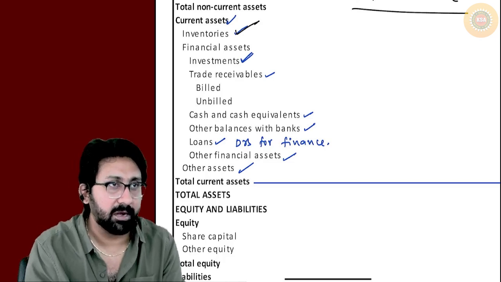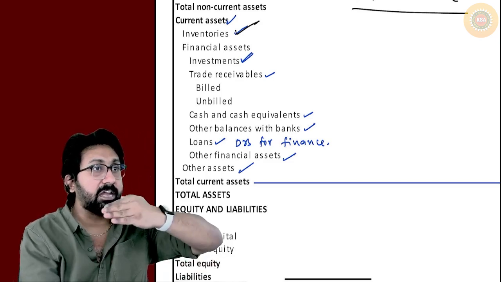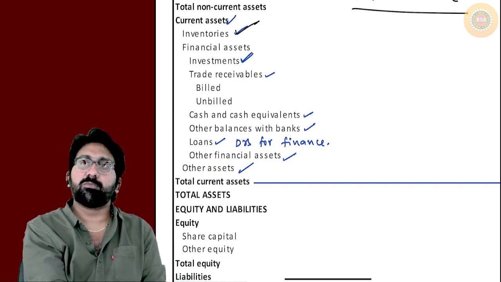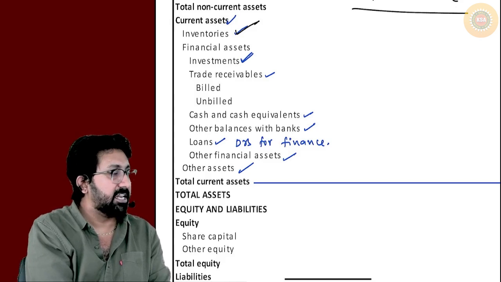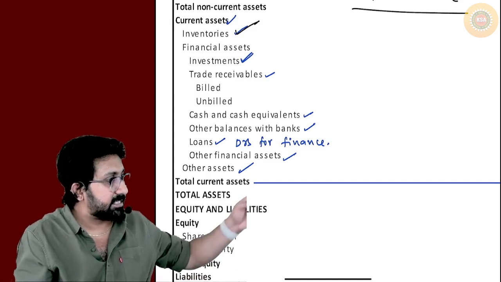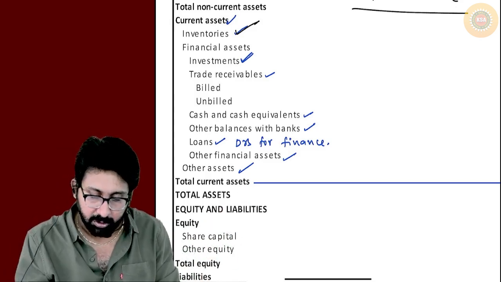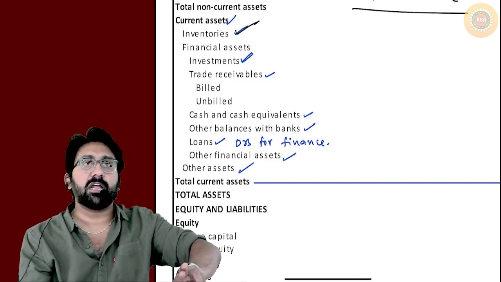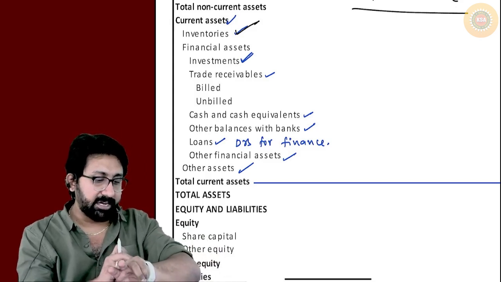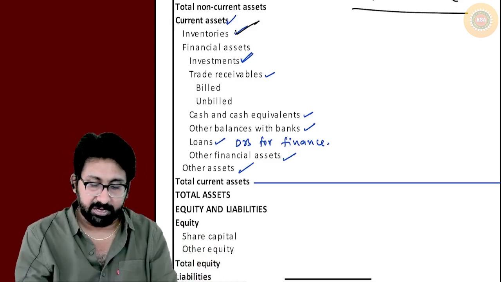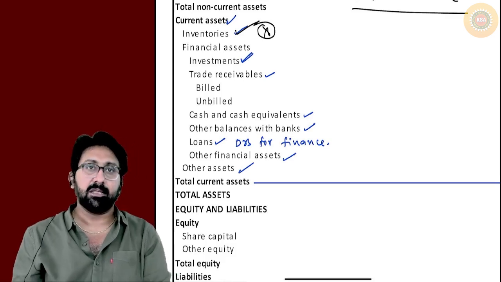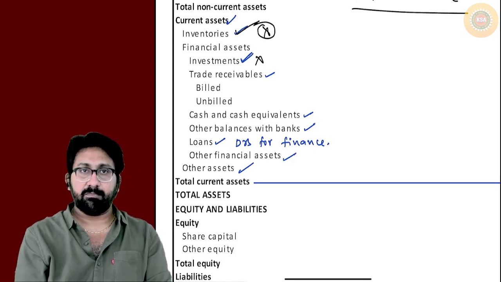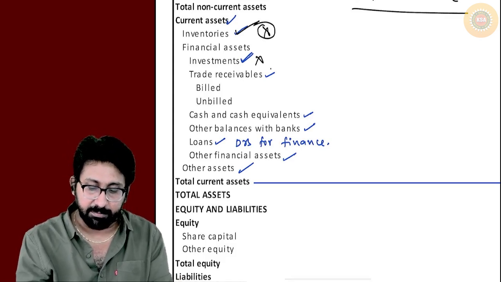Listening or not, everyone? Work in progress, software development going on. Am I clear or not? Like that, sale has to be made; it is prepared but not yet sold. It is still in the form of inventory. Please see there, everyone. Inventory should get converted into debtors. Debtors should get converted into cash. That means it will take time. Therefore, this will not be taken as a liquid asset. Investments, not a liquid asset.